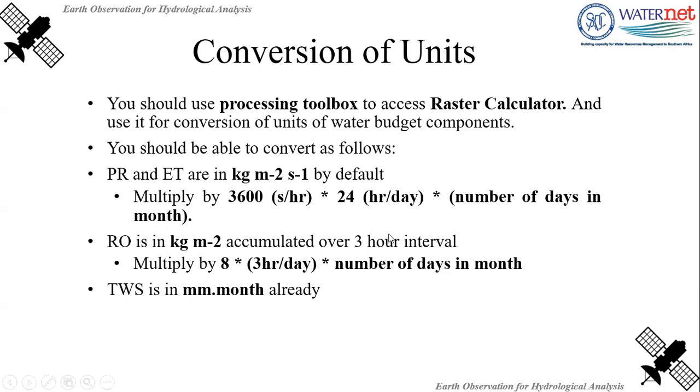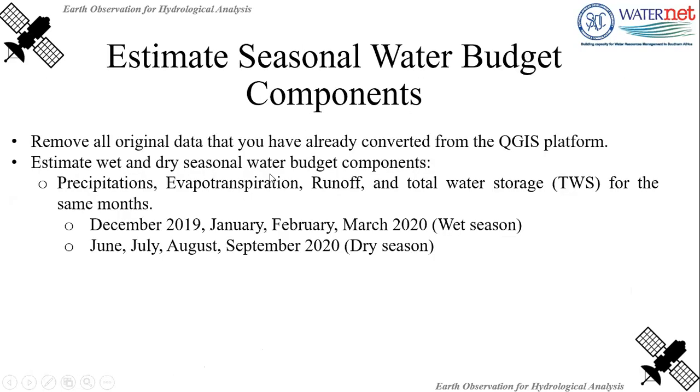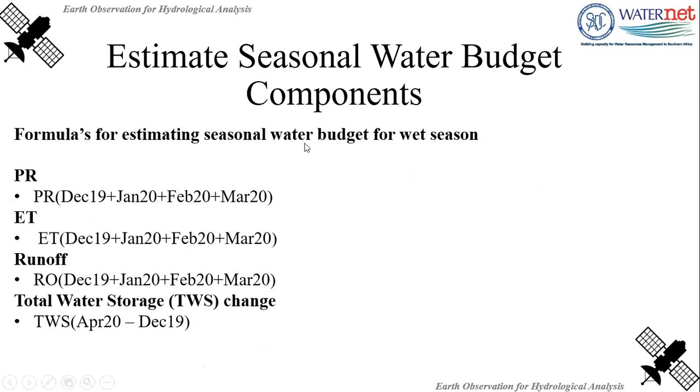Basically, runoff by default is in kilogram per meter square, and it is accumulated over a 3-hour interval. So basically runoff data have 8 different segments per day. As you can see, its SI unit is kilogram per meter square per 3 hours. So to get a whole day, you have to multiply by 8 to get 24 hours, then multiply by the number of days in the respective month. And the terrestrial water storage is already in millimeter per month, so we will not be converting terrestrial water storage data. And next, we will estimate seasonal water budget